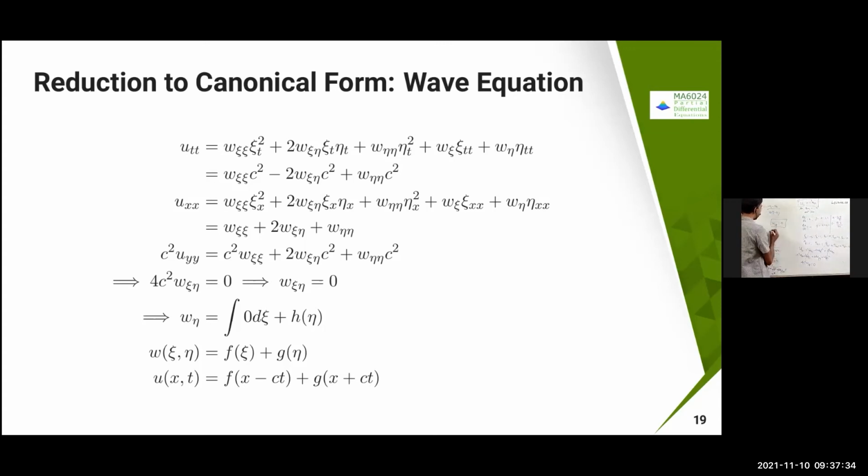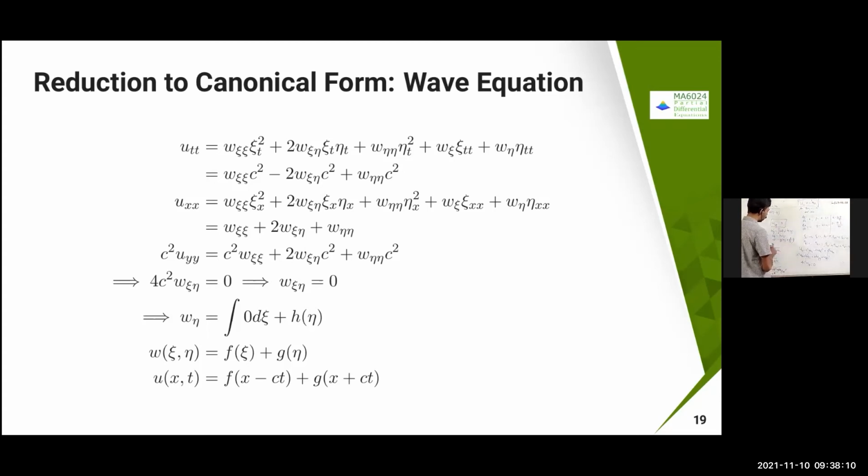Okay, so therefore W chi eta I can write as, I'm just going to integrate with respect to psi. Therefore this is going to become integral 0 d psi plus some function of eta is going to come. So this is going to be simply chi of eta, W eta. Now if I integrate this once again with respect to eta, some other function g of eta is going to come plus some constant. Since I'm integrating with respect to eta only, that constant is going to be some function of psi.